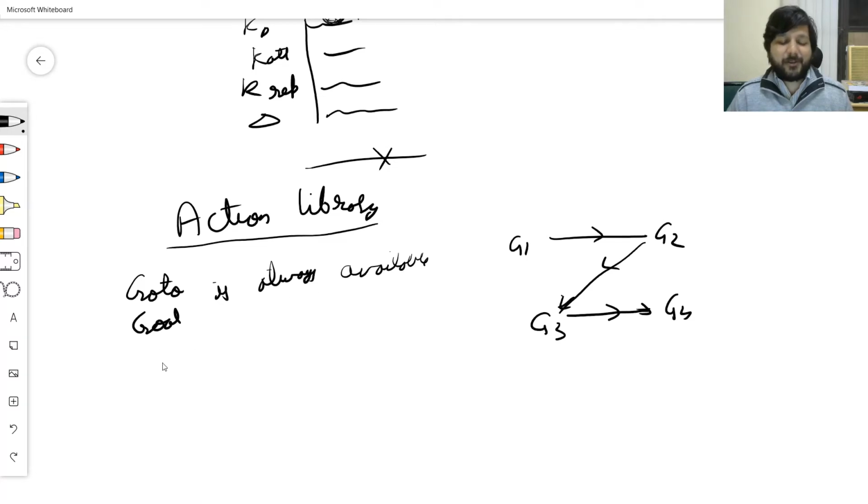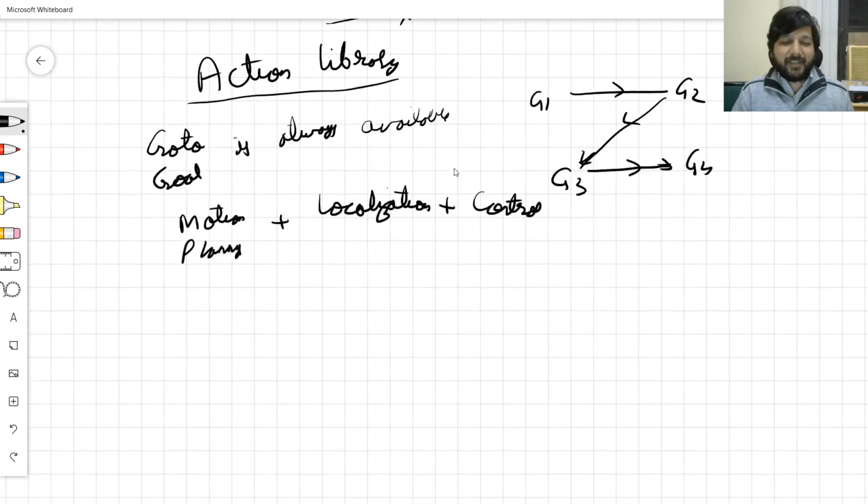And this is also possible because I have my motion planning plus localization plus control,